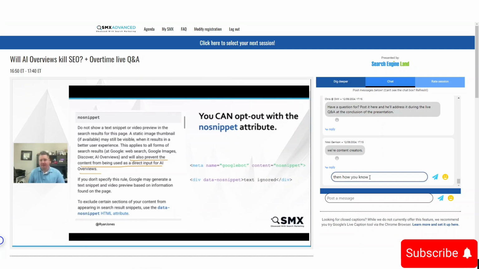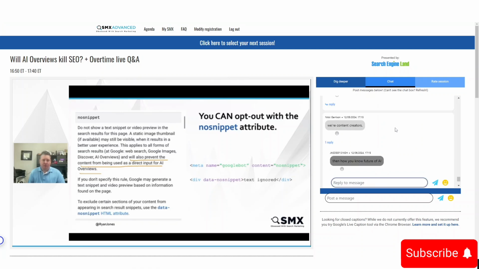You can put a meta tag, a nosnippet tag, on your page in the header, which is the top option here. And if you have the nosnippet tag on the page, it will also prevent content from being used in AI, according to Google's documents here. This left is a screenshot of Google. Or if you just want certain parts of your text not to be included, you can put a div or a span with the data-nosnippet attribute here.